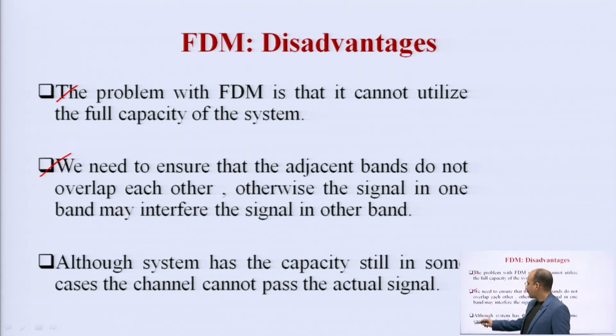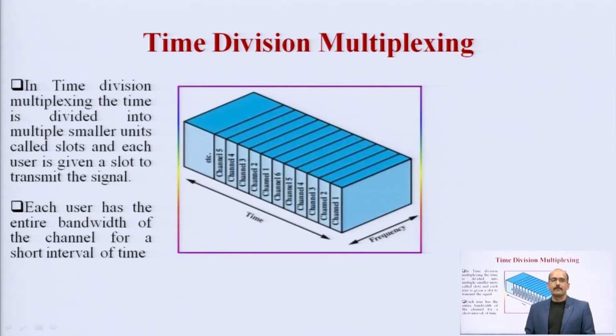Also, although the system has the capacity, still in some cases the channel cannot pass the actual signal, because when we are dividing the actual channel bandwidth among the various users, sometimes this is going to happen. So, these disadvantages of FDM lead to the next type of multiplexing scheme, and that is TDM,